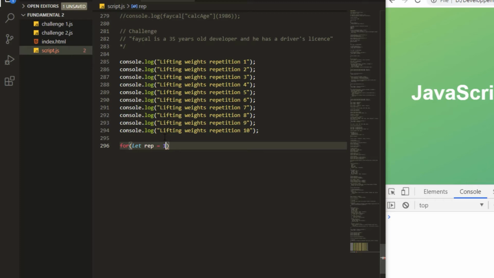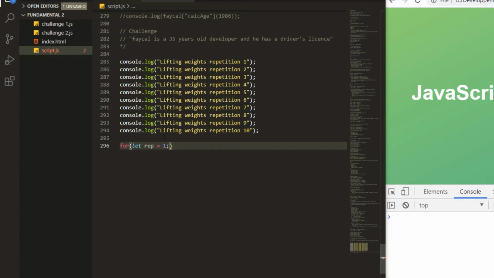Now we need to use a let variable because this counter will later be updated by the for loop. So that's the first part of the for statement. Then we use a semicolon and go to the second part of the loop statement. The second part is a logical condition that is evaluated before each iteration of the loop,